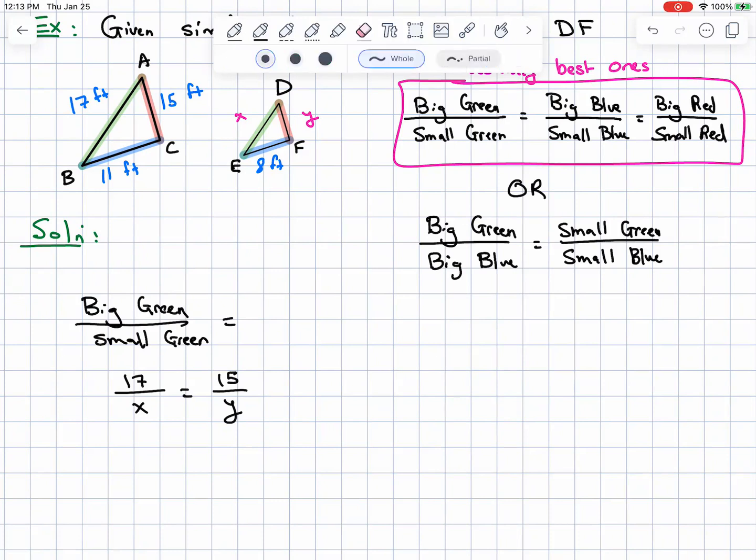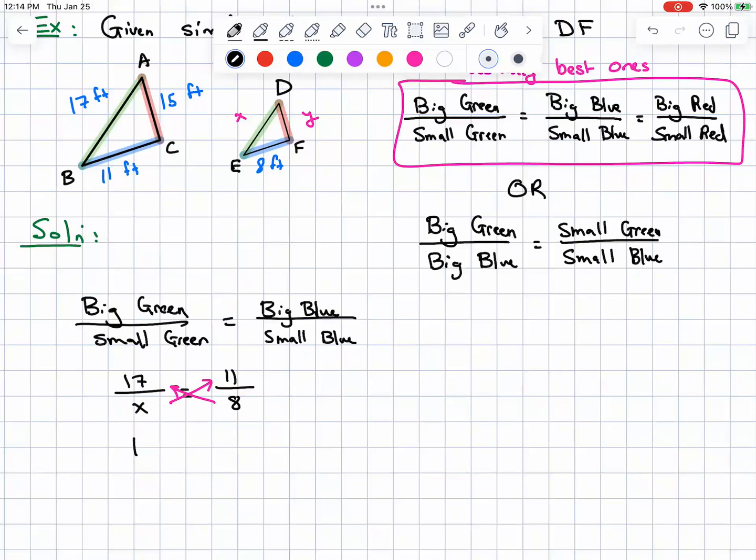So it's better in this case to do big green over small green is equal to big blue over small blue. Since I put the big triangle up top in the numerator, I have to put the big blue on top as well. So big blue is 11 over small blue, which is 8. And then that's a proportional relationship. That's a fraction equals a fraction. So I can use cross multiplication